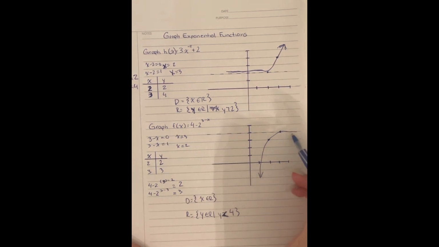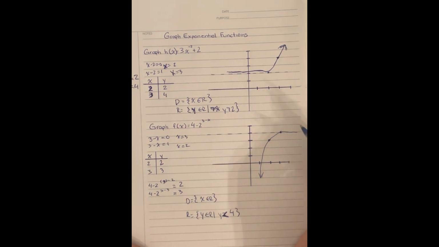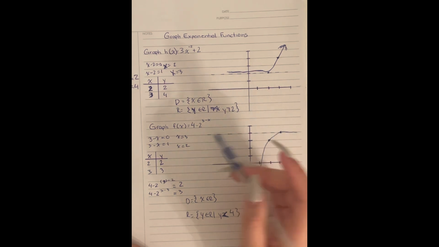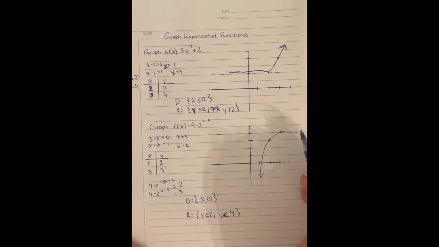And with the horizontal asymptote, I can see which direction my graph is going, so I can just draw it out at the bottom like I did. And then again, I'm putting my domain and range at the bottom here. My domain is x is every real number, as there's no restrictions. It goes throughout the whole graph. And for my range, it's y is every real number such that y is less than 4, because 4 is our horizontal asymptote, so it does not touch the number 4. It's everything below. Okay,